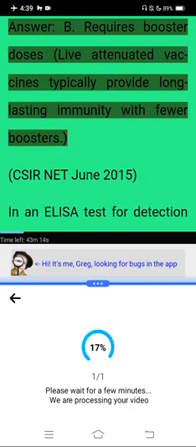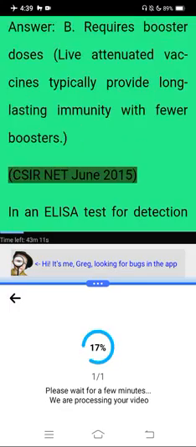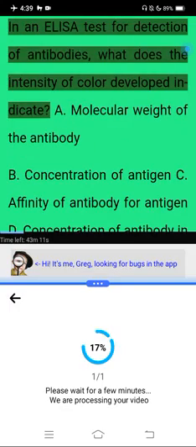Answer. B, requires booster doses. Live attenuated vaccines typically provide long-lasting immunity with fewer boosters. CSIR NET June 2015. In an ELISA test for detection of antibodies, what did